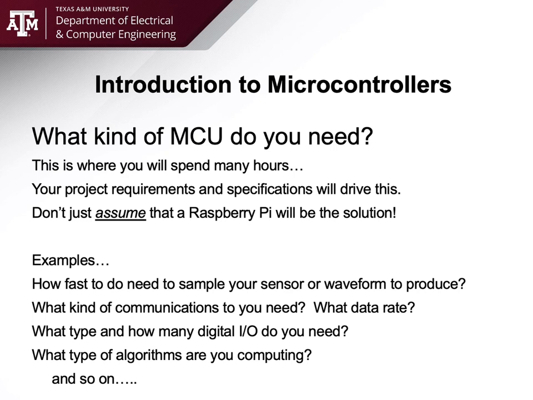How fast do you need to sample your sensors? If you're doing audio waveforms, for instance, am I going to do 20 kilohertz audio, 40 kilohertz audio? Am I going to sample at 40K, 100K? Those are critical questions. If you're going to do that with a Raspberry Pi, I can tell you, if you're not using the USB